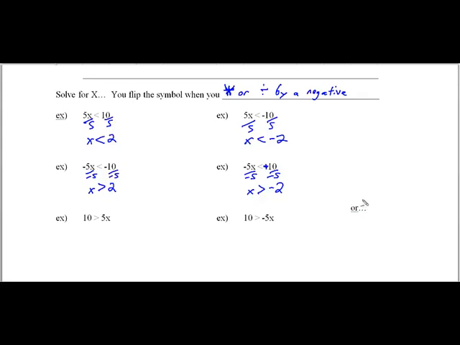Now there's another situation where we flip the symbol. Notice it says or there. We're going to divide both sides here by 5 to get the x all by itself. So x is going to be less than 2, or 2 is greater than x. But if I use the symmetric property, which says that I can flip the letters and symbols to its mirror opposite, you will see that I can now flip the symbol there. So you can flip the symbol either by multiplying or dividing by a negative, or when you use the symmetric property,